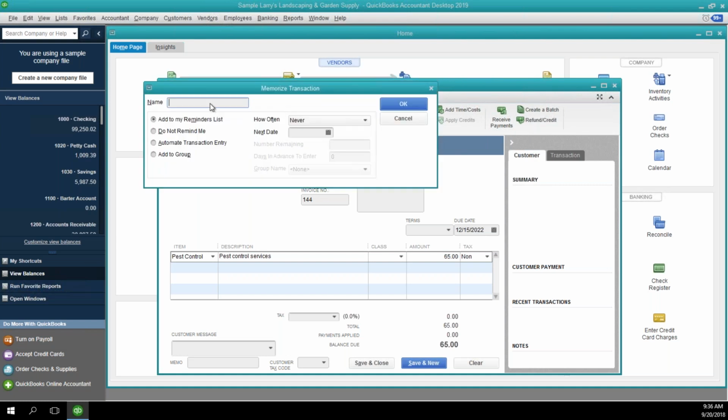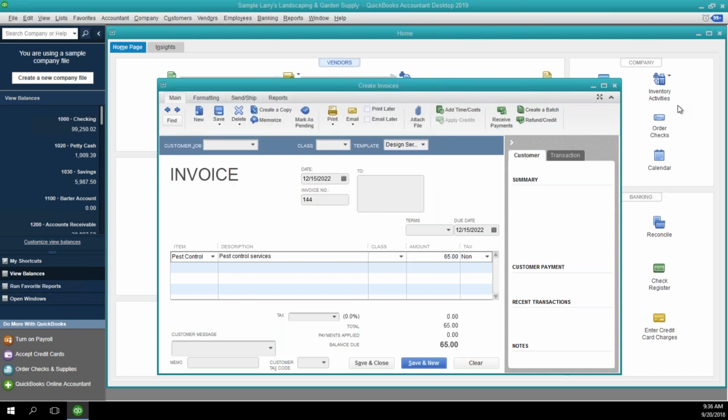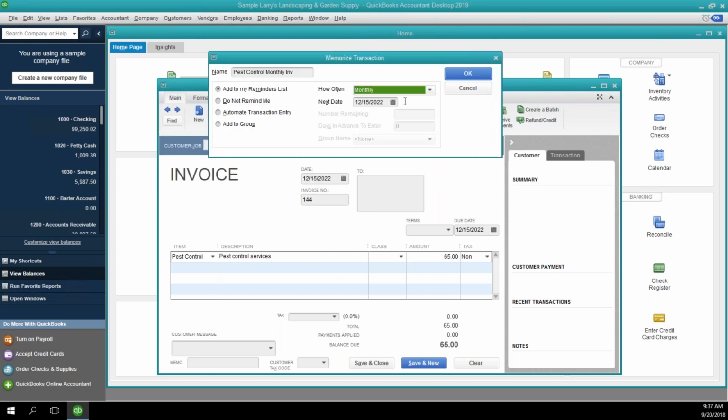What it's going to say is, okay, what do you want to do with this memorized transaction? I'm going to say Pest Control Monthly Invoice. I can have it remind me, automate the transaction, or add to a group. I'm going to say add to my reminders list. I want it to remind me monthly. And the next time it's going to remind me is, say, on